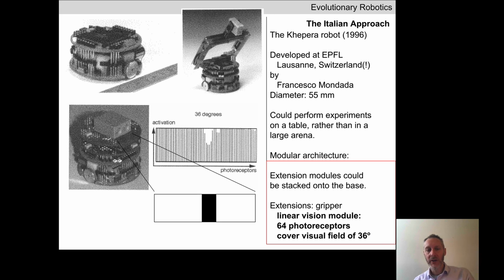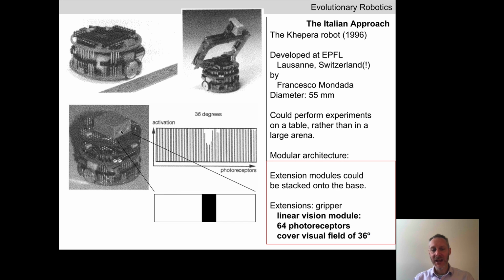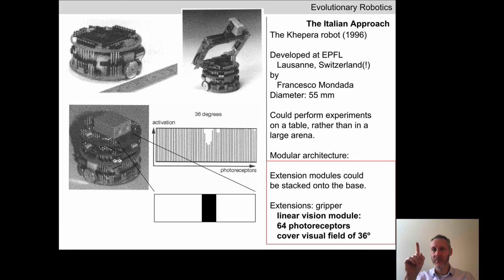Okay, we're going to look at an experiment in a moment where it did not have the gripper, but instead they snapped on a linear vision module. So very, very simple eyes for the robot. Inside this vision module, there are 64 photoreceptors that are pointed outward. Each of these 64 photoreceptors is returning a single number, which is the amount of light that is falling